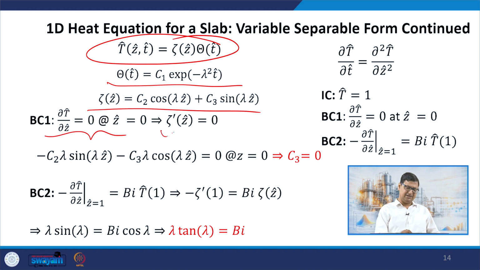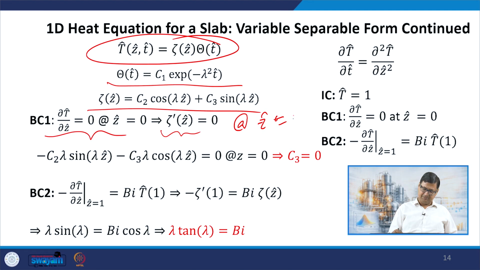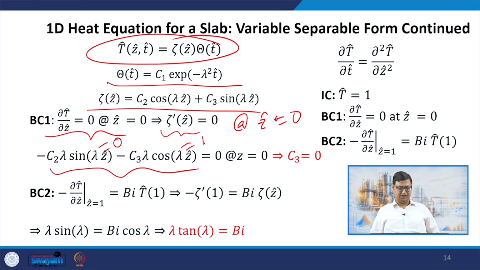So, we have essentially zeta prime at z equal to 0 is equal to 0, right. I take this derivative, and that is equal to 0. If I put z cap equal to 0 here, the first term becomes 0 anyway, and the second term gives me 1 because cos 0 is equal to 1. So, I get C3 lambda